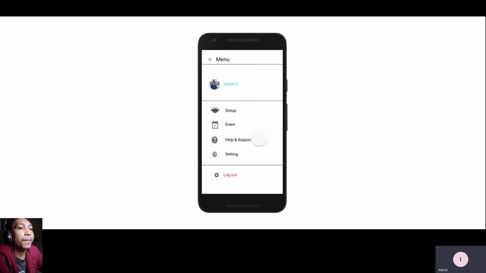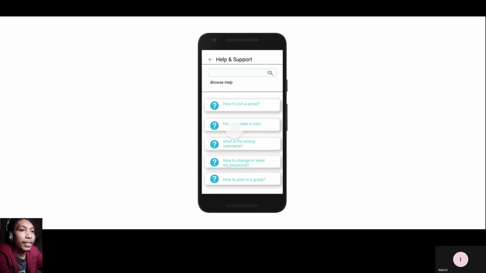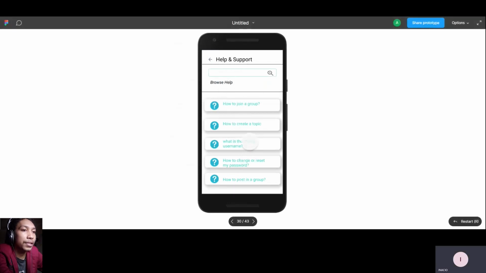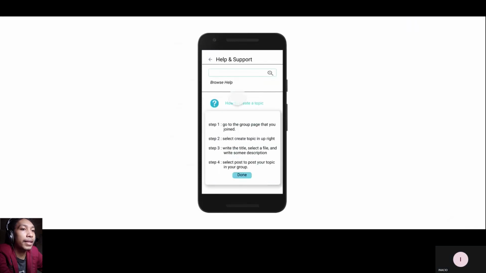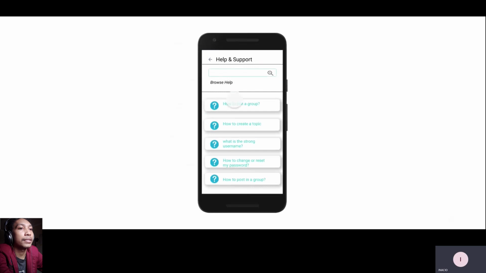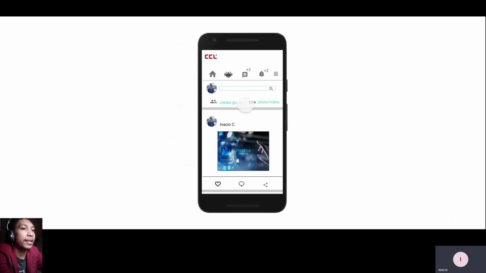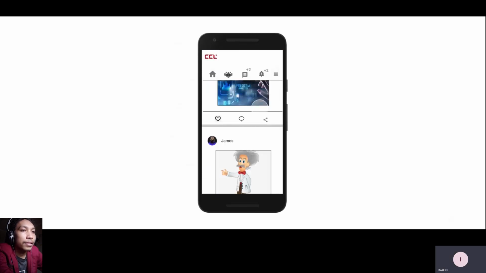And let's see the help and support menu. This is for helping users on how to use this application. For example, he is confused about how to create a topic. He clicks, and then he can see the steps on how to create the topic in here. So it's complete. Or you can search for help in this search part. So click done. Let's go back. And I think this is all